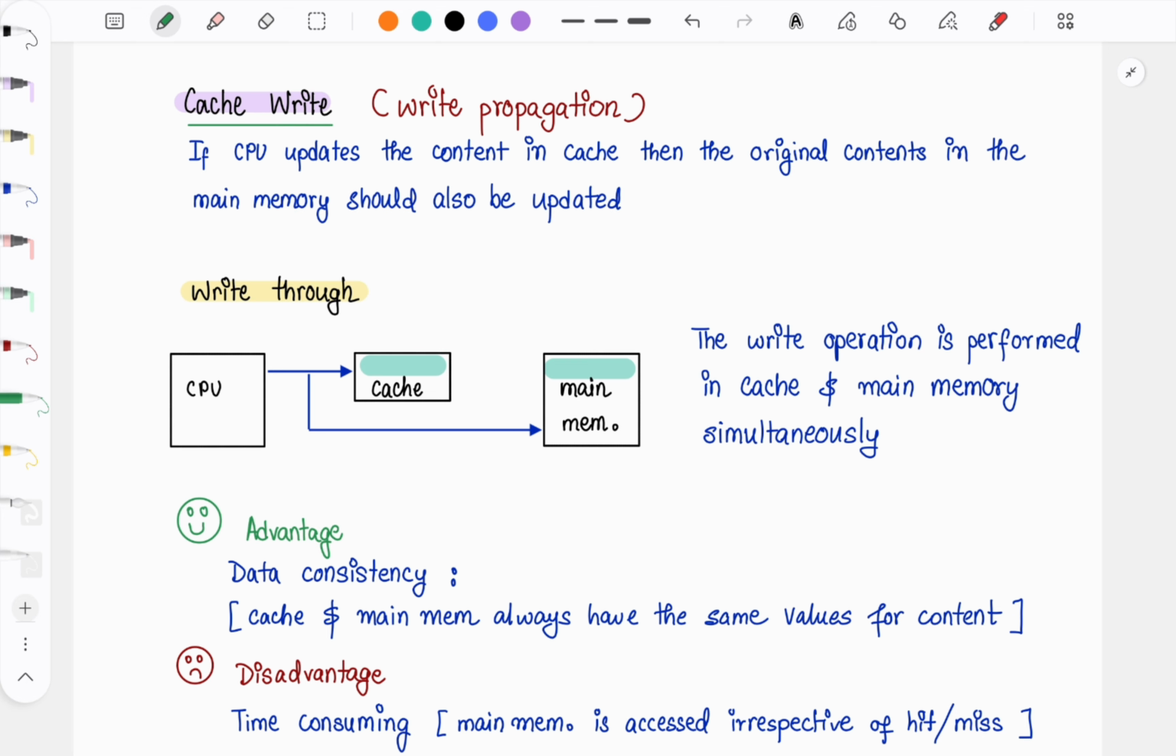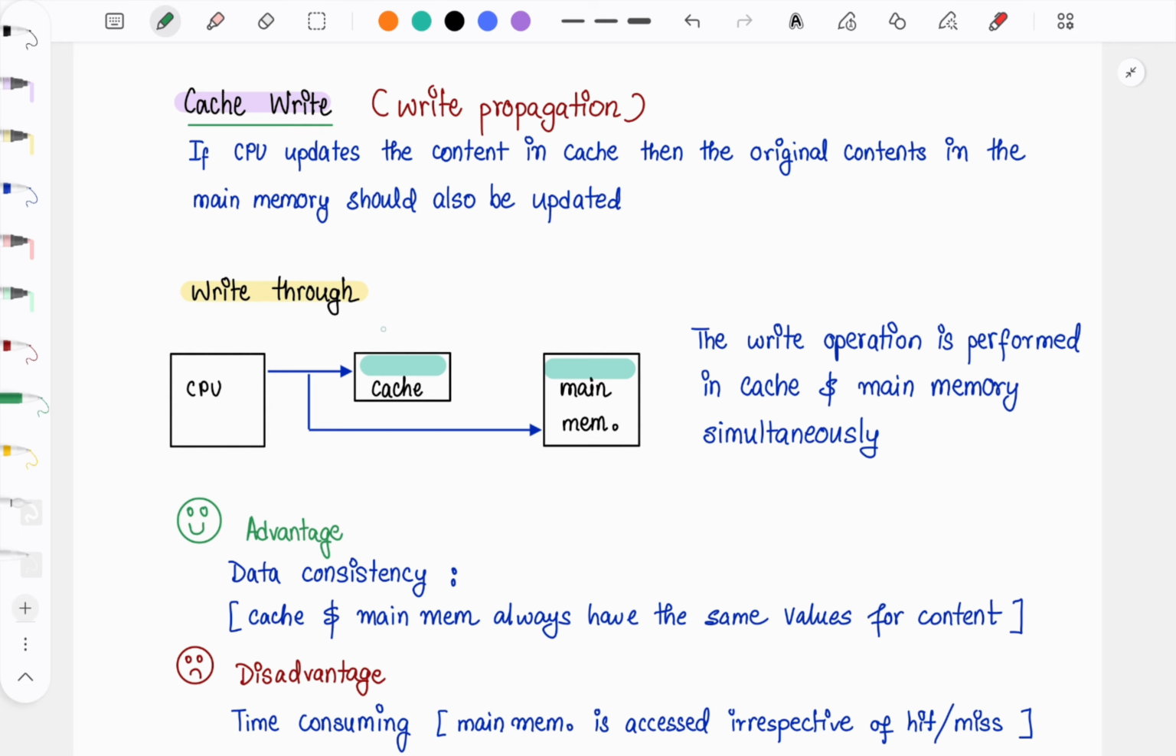Now the other thing is that whenever we are making some changes, we have to change it in the cache. Along with that, the changes have to be implemented on the main memory or the RAM itself. So there are two types: one is write through, one is write back. In write through, whatever changes are made in the cache will also be implemented in the main memory itself